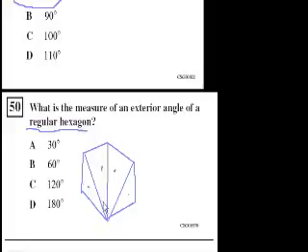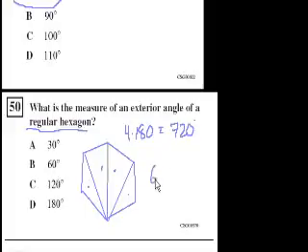So the sum of the interior angles of this hexagon, of any hexagon, whether it's regular or not, is going to be 4 times 180. And that's equal to what? 180 times 2 is 360, so that's equal to 720 degrees. And it is a regular hexagon, so all the interior angles are going to be the same. And there are 6 of them. So each of them is going to be